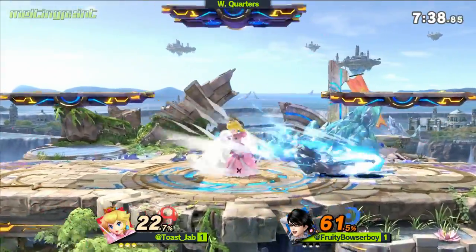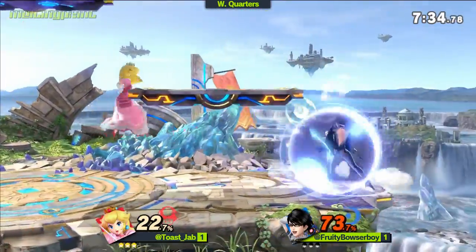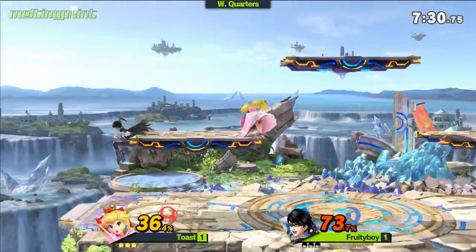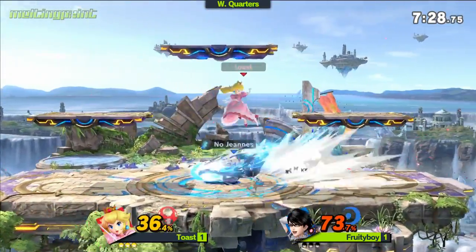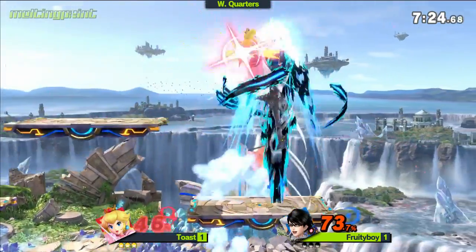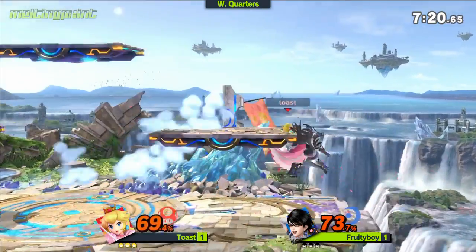Ooh, that down tilt is so scary because it can just convert into so much damage. Doesn't quite find it though. Nice double turnip there. Oh, the shimmy there, looking Street Fighter-esque. Getting around that grab, but it feels like, oh no. Fruityboy was missing quite a few of the opportunities to find a punish, but he finds a very nice one